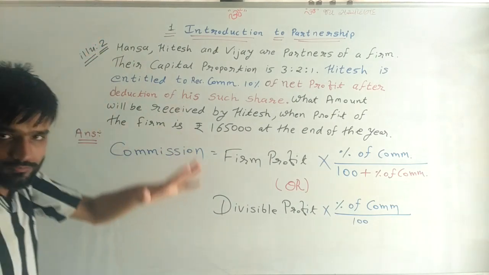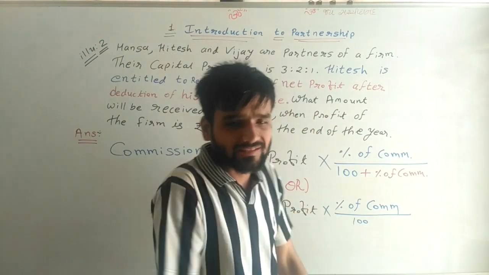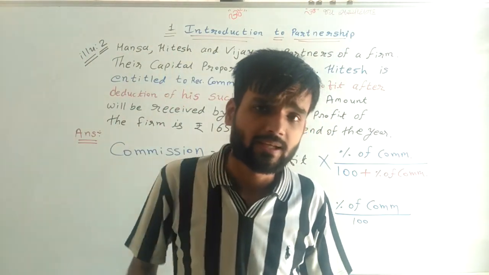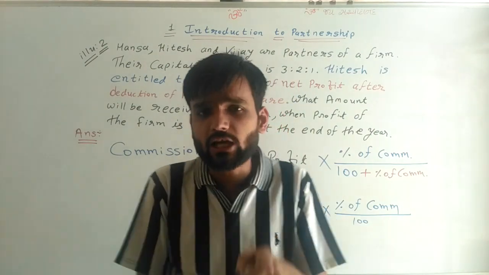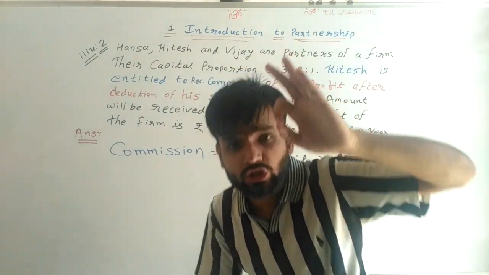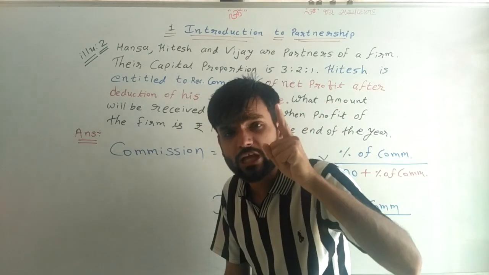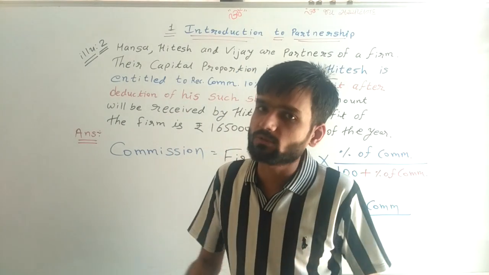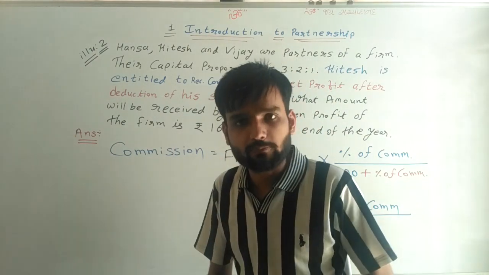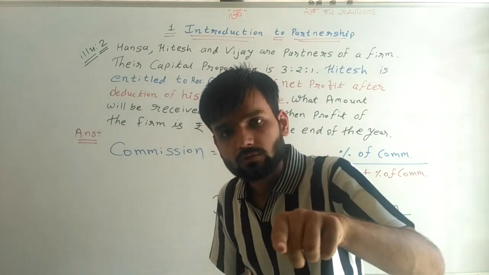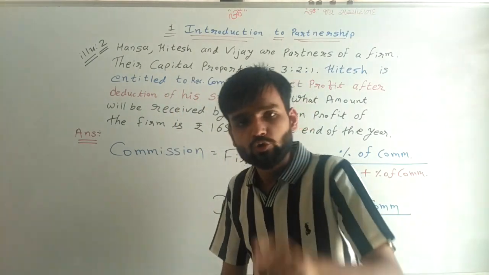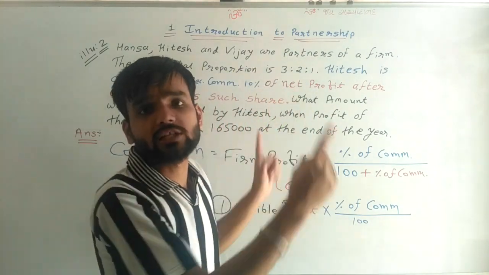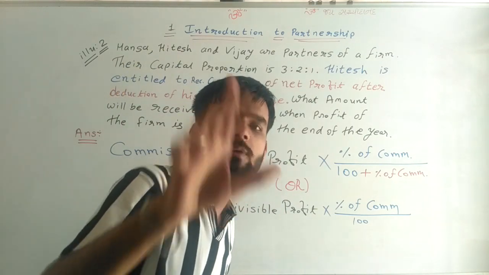So illustration number 2. Up to the last lectures we have done illustration 1 and exercise question number 3, sub question number 1, and in this lecture we are doing illustration number 2. On the basis of this illustration number 2 you can do 6 sums from your textbook. We have a total of 22 sums in this chapter. From that, on the basis of this illustration you can solve 6 sums, if you understand the whole concept, then and only then it is possible.